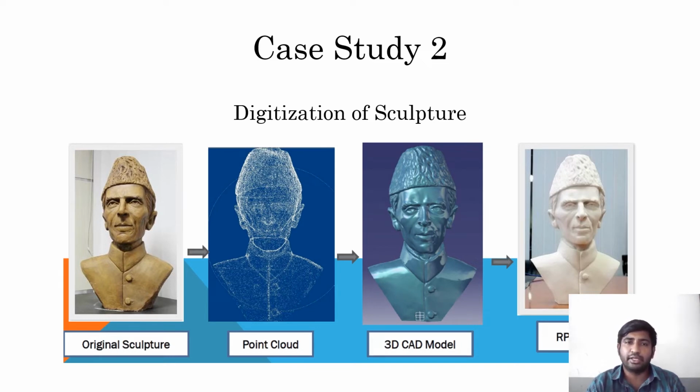Here the data will be in 2D, or some 3D spaces, but the data will be in 2D. So this will be transferred into any three-dimensional software, where we model 3D from the 2D data. Here the 3D sculpture will be created. After that, it will be transferred into any RP machines, and the original required product will be created. So exactly the original sculpture will be recreated using the reverse engineering technique with RP machines.